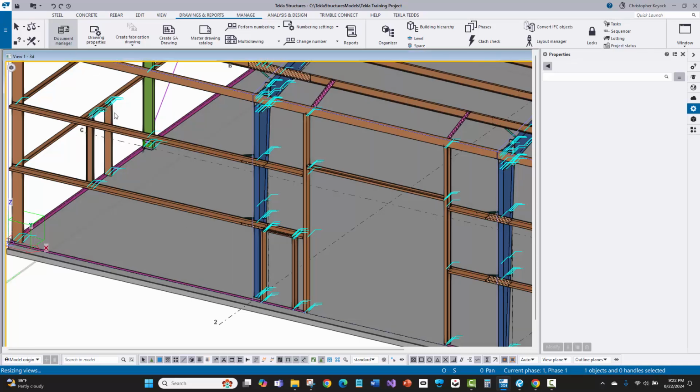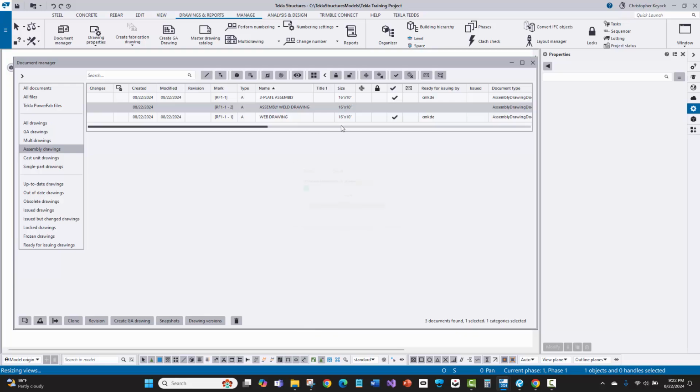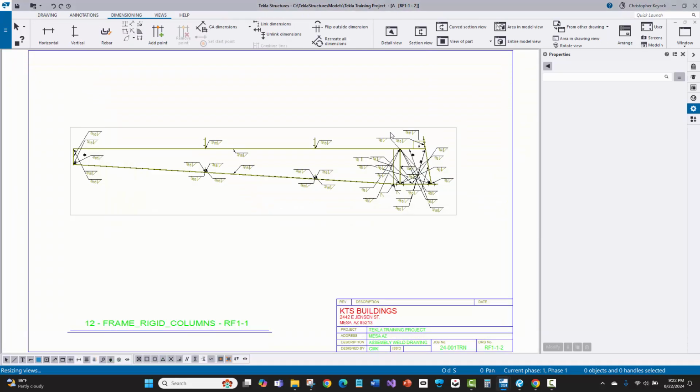All right, so now I'm going to go back to the document manager, and I'm going to go find my weld drawing here, which is this third drawing. So this is an optional drawing, and I just show this because it depends on what type of customer you are. I usually have this drawing created specifically for AGT customers who have an AGT robotic welding machine,